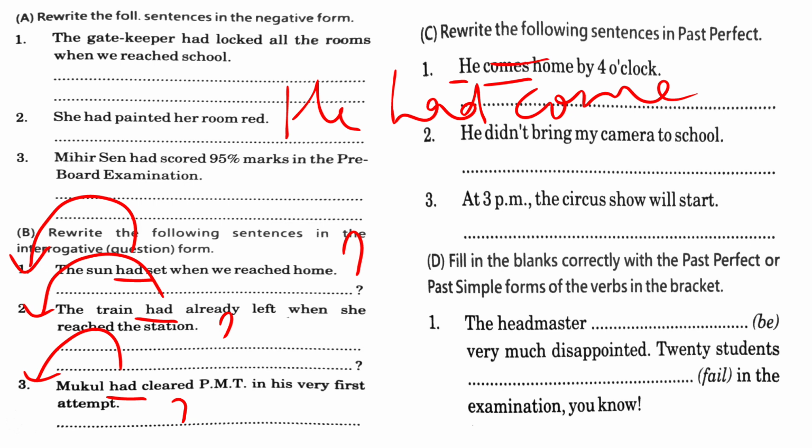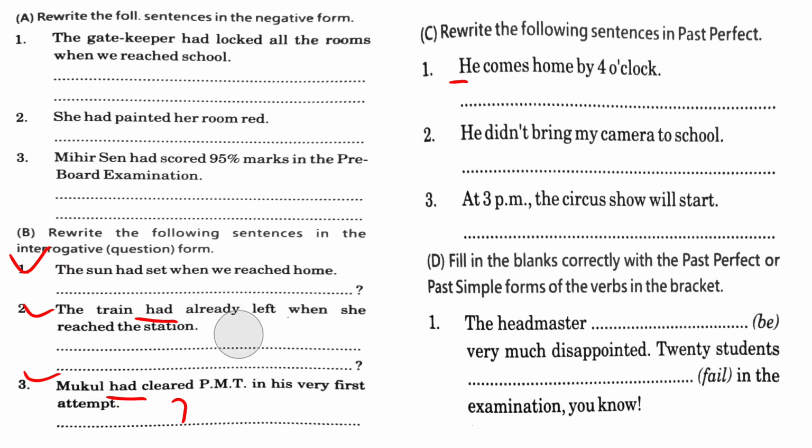So remove this comes and add had come. He had come home by 4 o'clock. Next question. He didn't bring my camera to school. So the answer will be